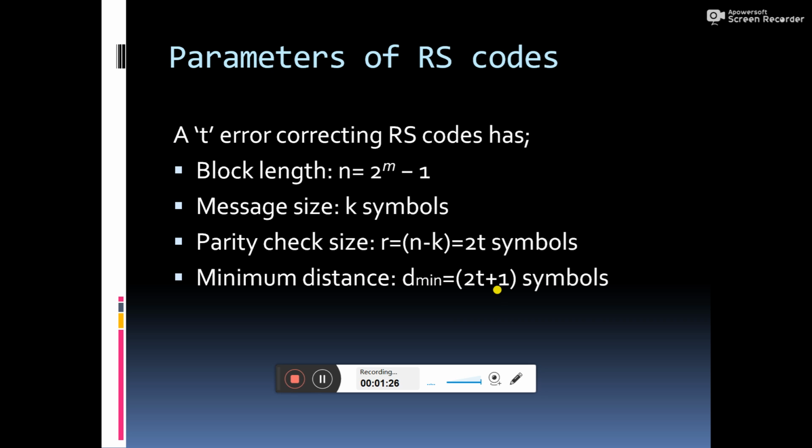For a t error correcting Reed-Solomon code, the properties are: block length n equal to 2 raised to m minus 1. Actually, this